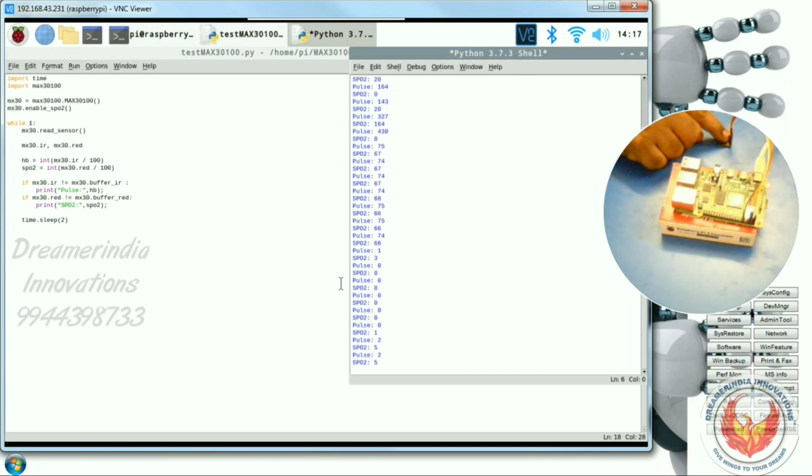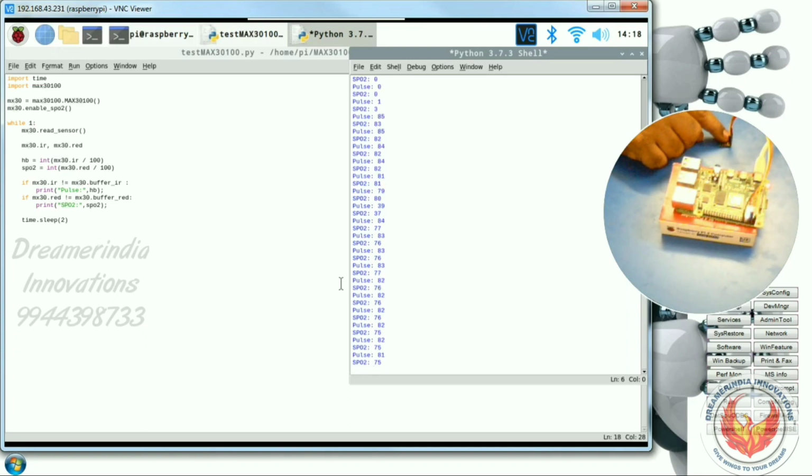You have to wait for some time. It will take some time to stabilize the actual values. That is why, when you see the oximetry readers available in the market, it will take some time. It will show a percentage, and after 100% is completed, it will give the actual values. It will take some time to stabilize the user values. I think it is somewhat stabilized. Now I am getting the pulse and SPO2 values here.